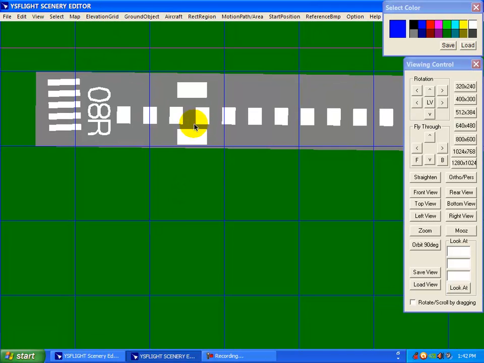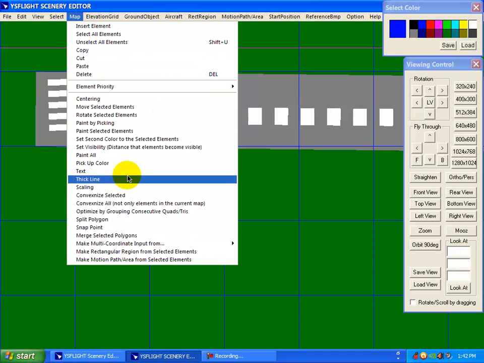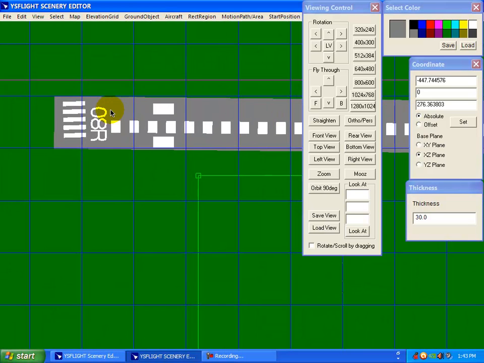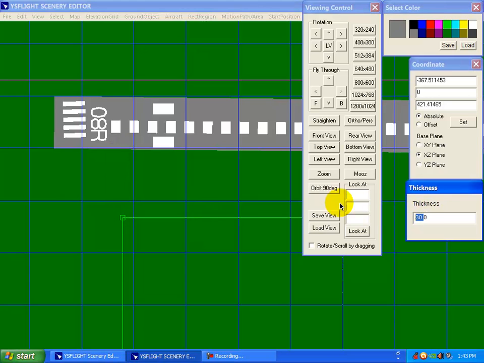Anyways, enough talking. Now to add the runways, I mean the taxiways, we do the same process that we did for the runway. So we go to map and click on thick line. You can select a different color, maybe a lighter one, maybe a darker one, it doesn't matter, but I'm going to choose the same color as the runway. Okay, we have set the thickness. This is 100, because as you can see, 30 is really thin. We're going to change the thickness down to 50,